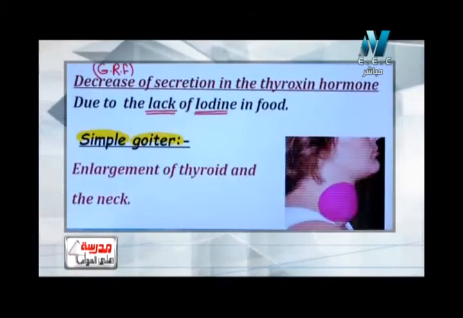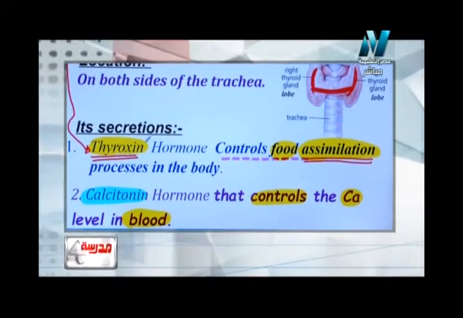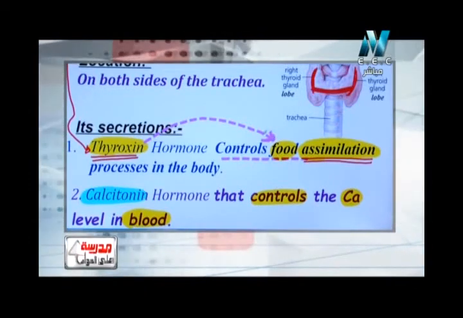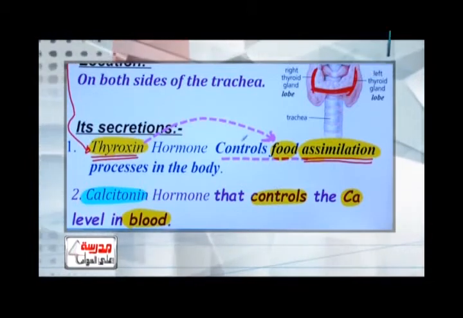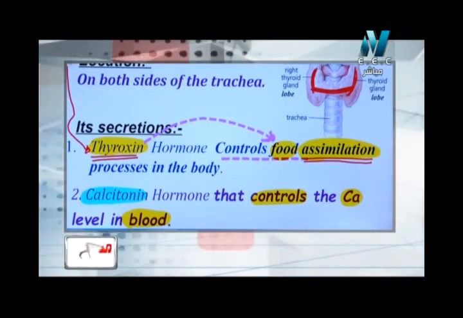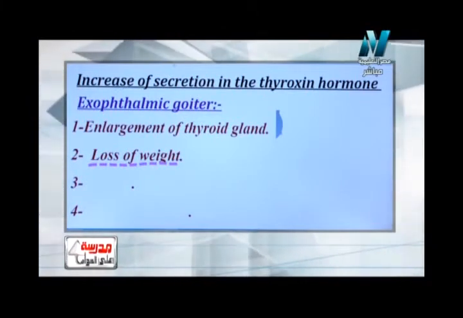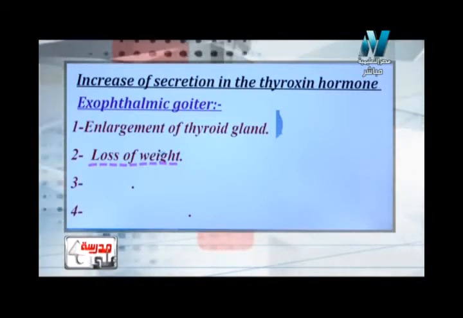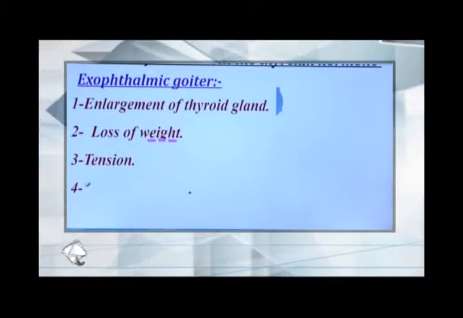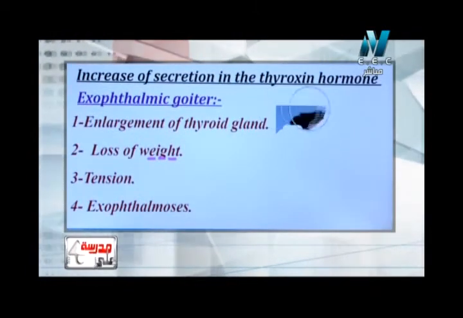طب ليه؟ مش احنا متفقين مع بعض هنا ان الثايرويد جلاند secrete ثايروكسين control food assimilation، يعني releasing energy from food. تخيلوا يحصل حرق، كميه the burning او عمليه الحرق of digested food will increase more than normal limit. ليه؟ لان الثايروكسين هرمون increase. يبقى لما يجي يقول لي the symptom هنا هقول له enlargement of thyroid gland number 1. Number 2 loss of weight، فقدان في الوزن. Number 3 tension، بيبقى عصبي قوي الشخص ده. Number 4 exophthalmosis، يعني جحوظ في العين، تلاقي العين مبرقه لبره او طالعه لبره شويه زي ما احنا شايفين الصوره